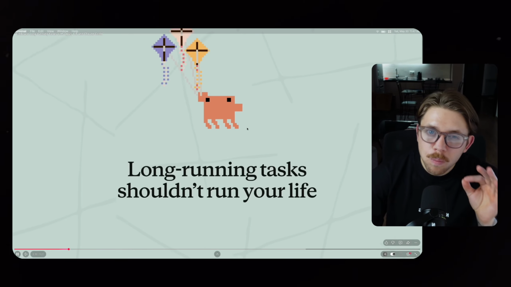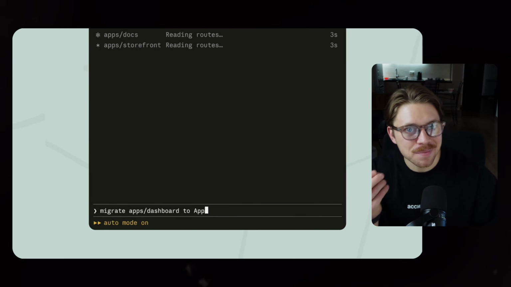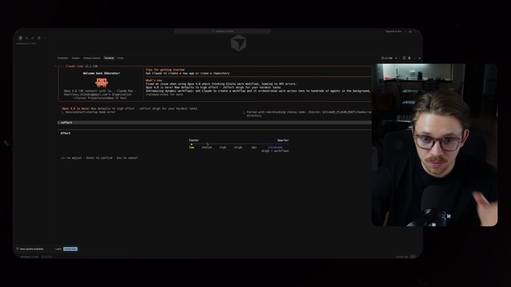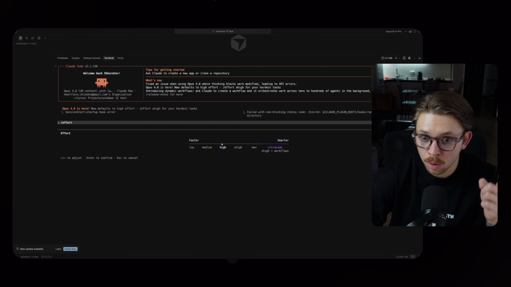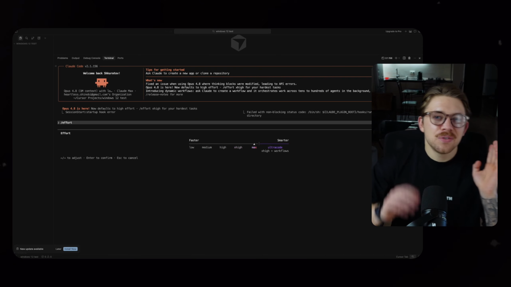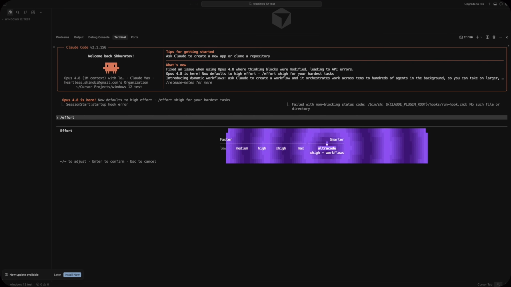Look, Claude Opus 4.8 just dropped and it changed the AI agent game again. One really exciting feature is the new effort levels. We have low, medium, high, extra high and maximum as before. But if you're just absolutely insane, you can go even higher now and choose ultra code, and you can see